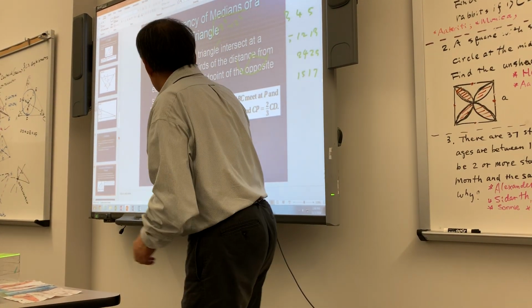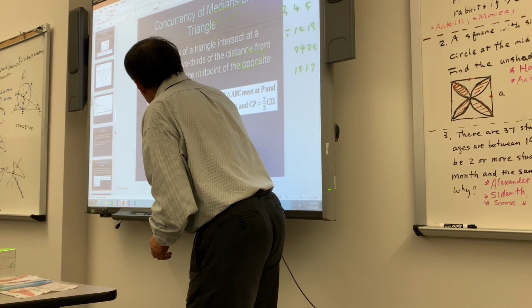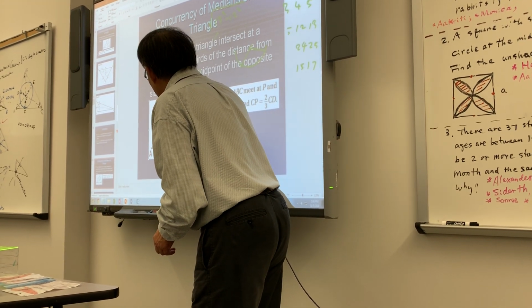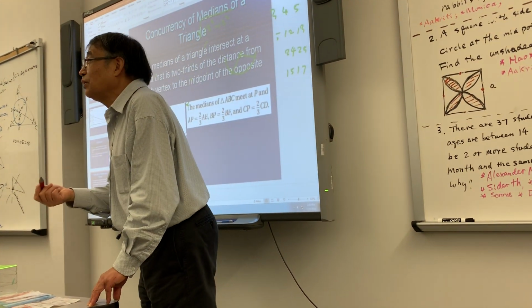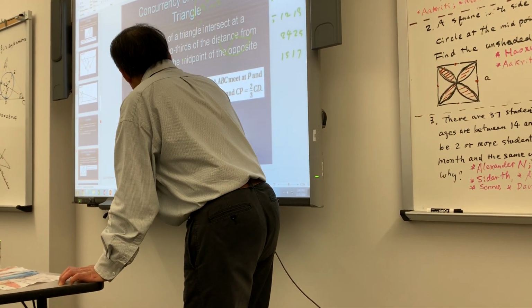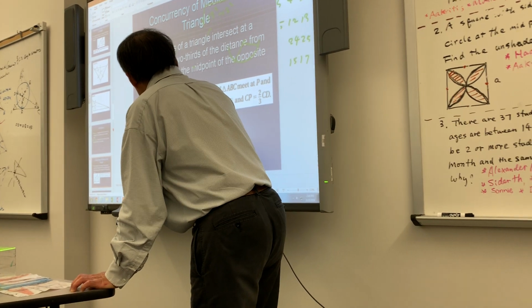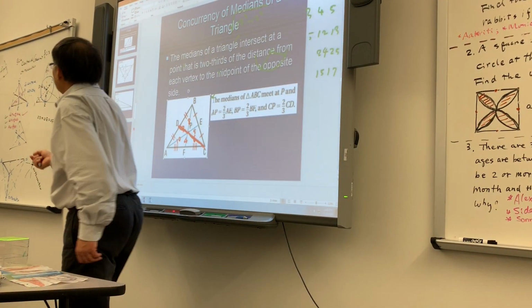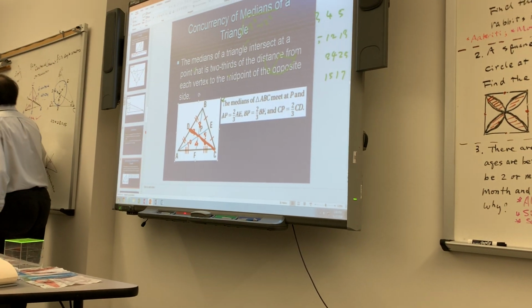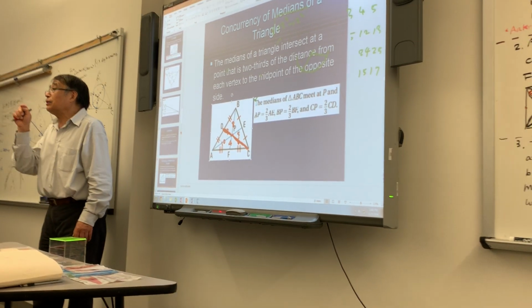But you also can say this is 3, the total is 9. So 3 is 1/3 of the whole length. You say this is the 1/3 theorem. Something like this is 6, whole length is 9. So 6 is 2/3 of 9, also okay. So you can say this is 1/2, 1/3, 2/3. It depends on